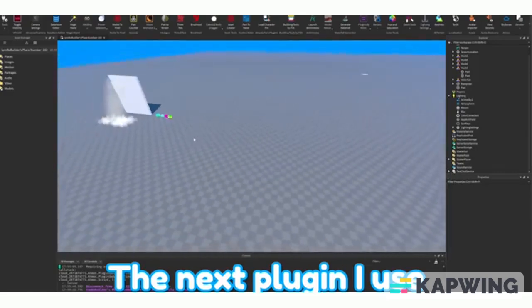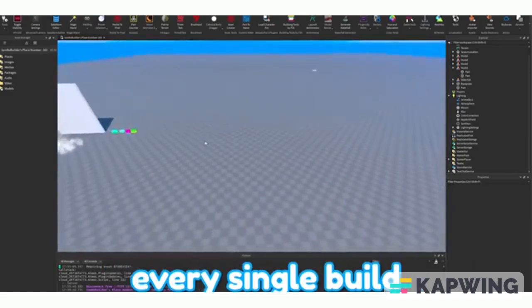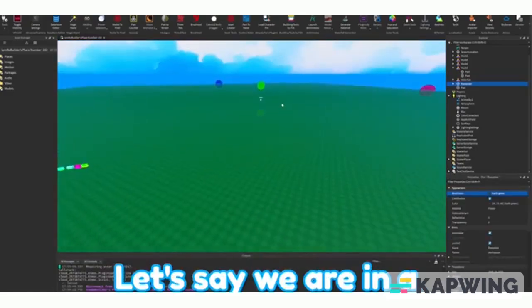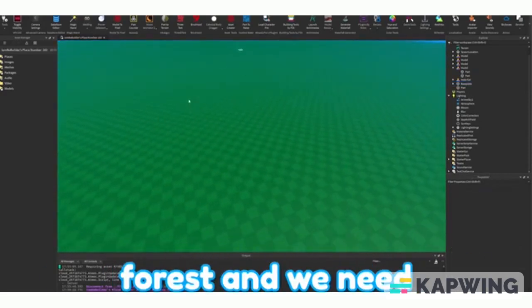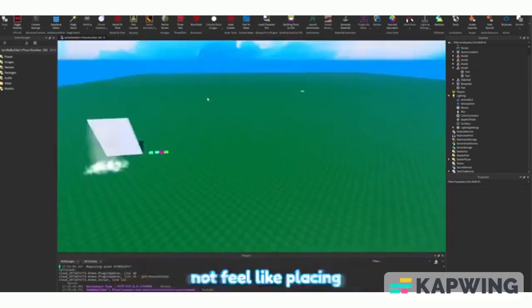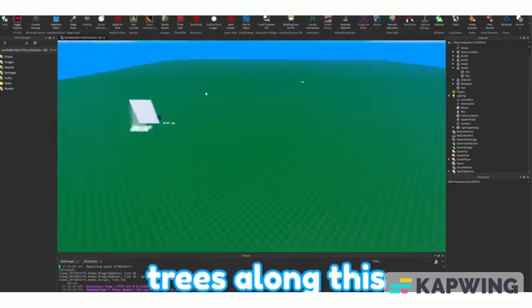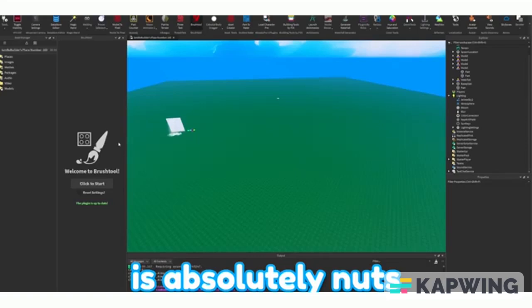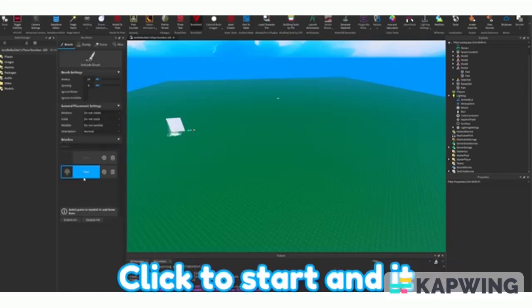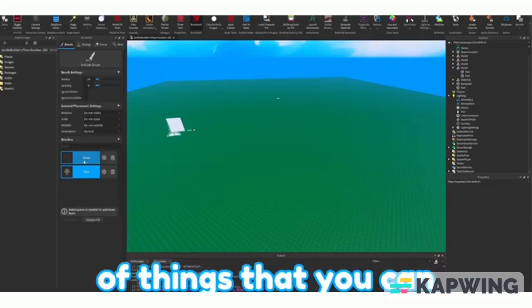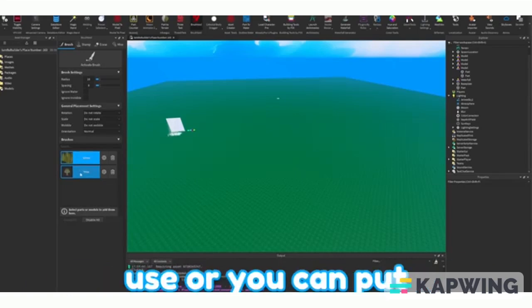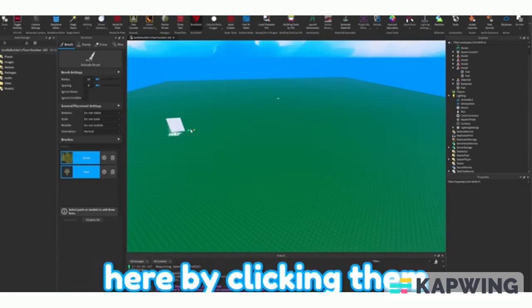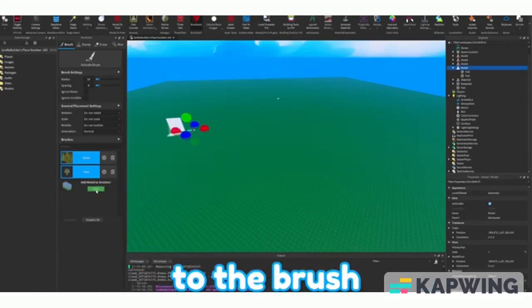The next plugin I use every single build. Let's say we are in a forest and we need some trees, but I do not feel like placing trees along this entire base plate. This plugin brush tool is absolutely nuts. Click to start, and it does give you a couple things that you can use, or you can put your own models in here by clicking them and then adding them to the brush. For now,